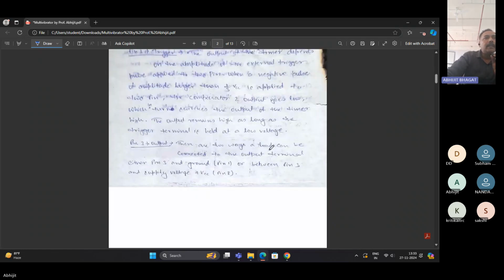भाई लिखा हुआ, there are 2 ways a load can be connected to the output terminal, either pin 3 and ground, माने पिन 3 और पिन 1 के बीच में लोड को कनेक्ट कर सकते हो, और बिटवीन पिन 3 एंड द सप्लाई वोल्टेज, पिन 3 और सप्लाई वोल्टेज के बीच में भी कनेक्ट कर सकते हो। इट इज ओके हाउ द लोड इज कनेक्टेड विद द आईसी, क्लियर, ठीक है ना।